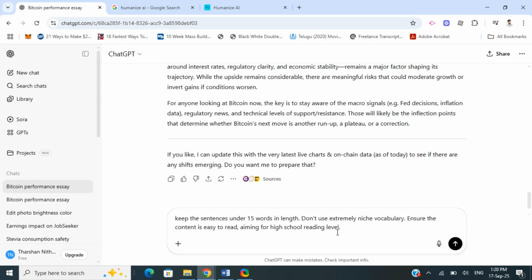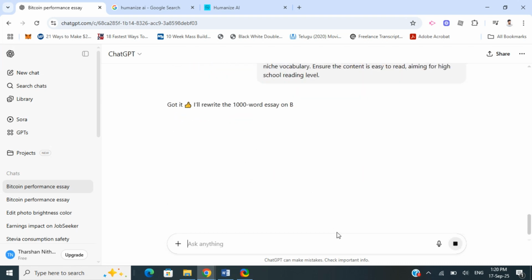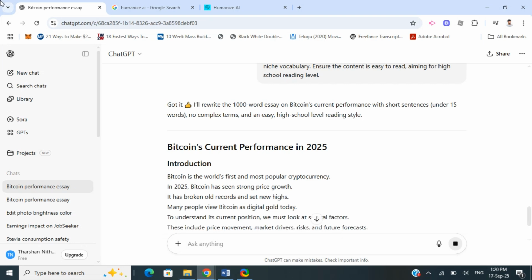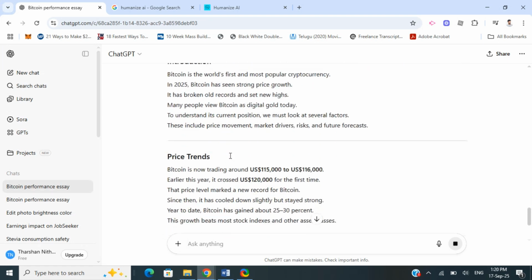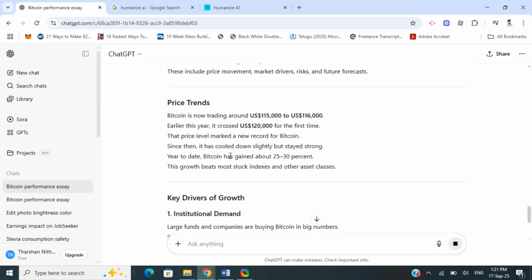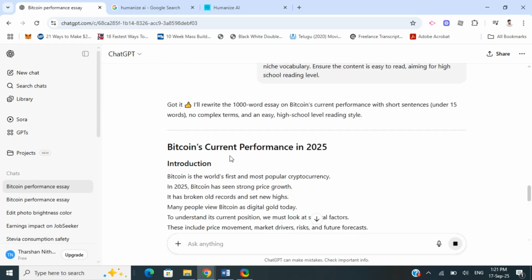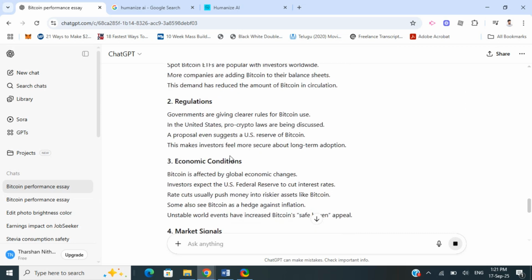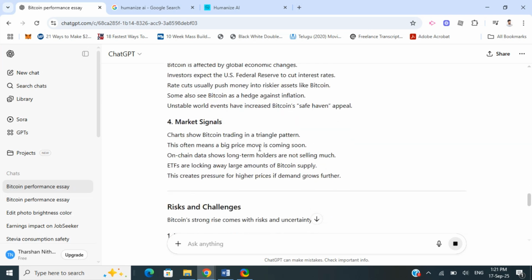Just type in this prompt and then ChatGPT will rephrase and make it more humanized in its results. So as you can see, this has now been changed and looks a bit more humanized than the previous version. So this is one way of doing it. But if you need something more, in addition to these, if you need it to be humanized a level more than this,